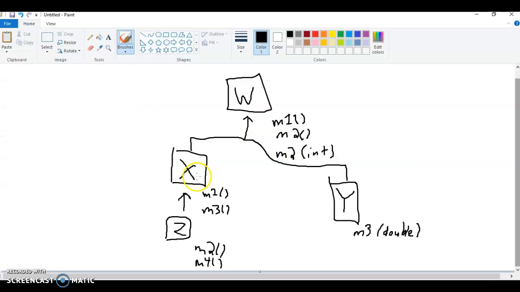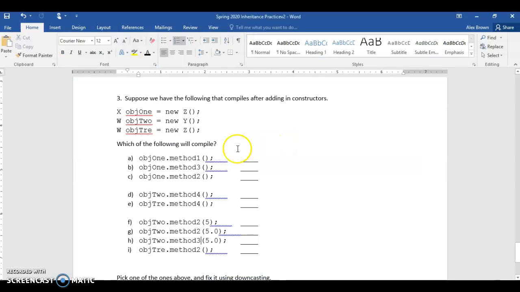X method 2, okay, X reference. It doesn't have method 2, but it inherits, let's go up, this one, what it inherits from does have a method 2, so that would work. We're good to go. Okay, next, kind of picking apart this difference, object 2, which is a W reference, and object tray,